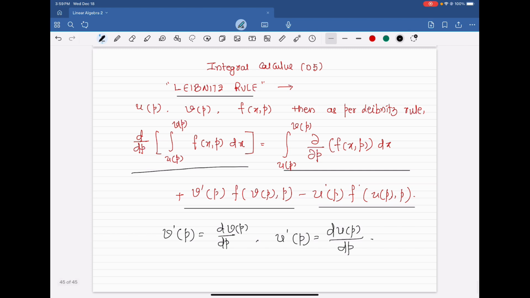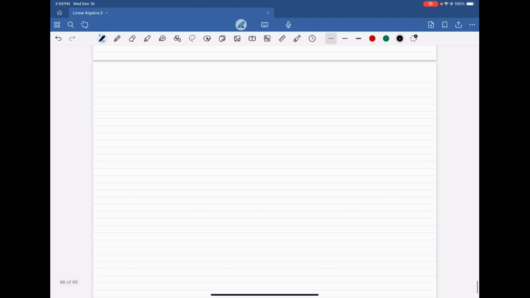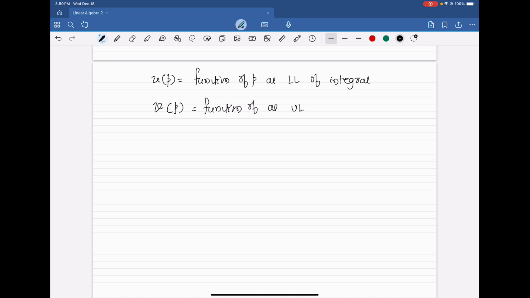If you are very clear that u(p) is equal to some function of p as the lower limit of the integral, and v(p) is equal to some function of p as the upper limit of the integral, then